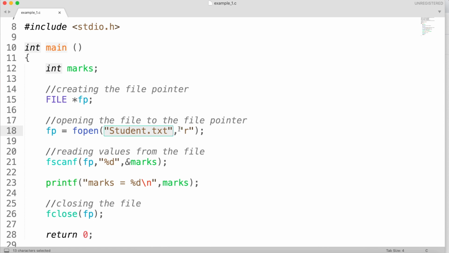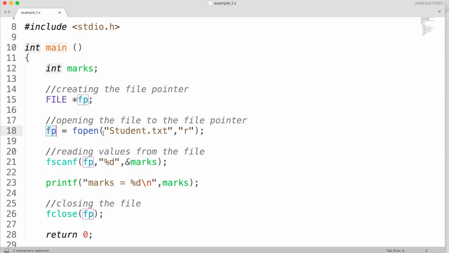The second argument is the mode in which we want to open the file. If you provide these two arguments, it will successfully open the file and attach that file to the file pointer variable, that is the fp variable in my memory.